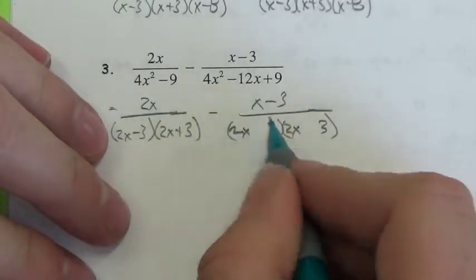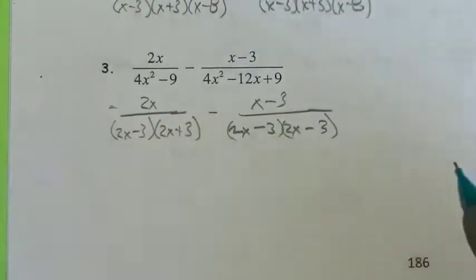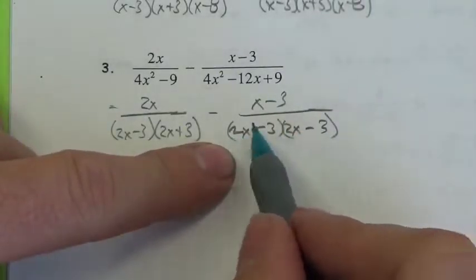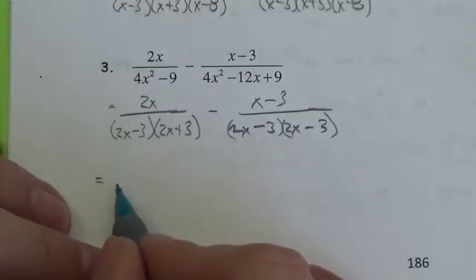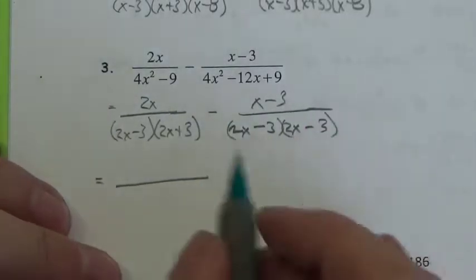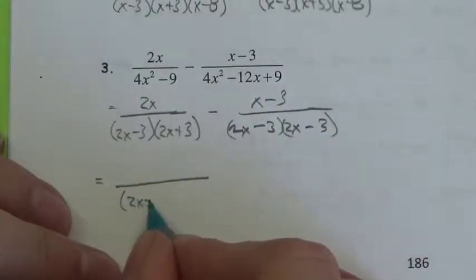and they're going to be the same sign as what I'm seeing in that middle term, so it's going to be negative and negative. Now, does that work? Negative 6, negative 6? Yes, it does. Good. So my common denominator has got to have 2x minus 3